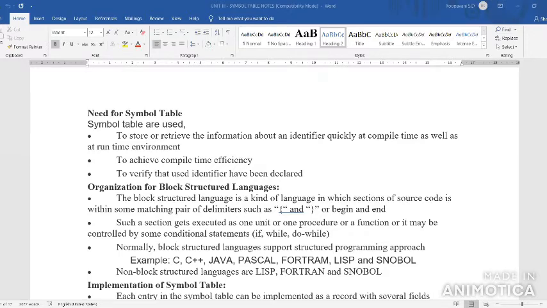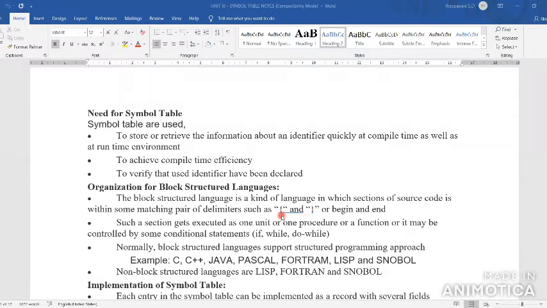Block structure language is a kind of language in which you specify the source of the program in some matching pair of identifiers. That is, you indicate an open bracket and a close bracket.